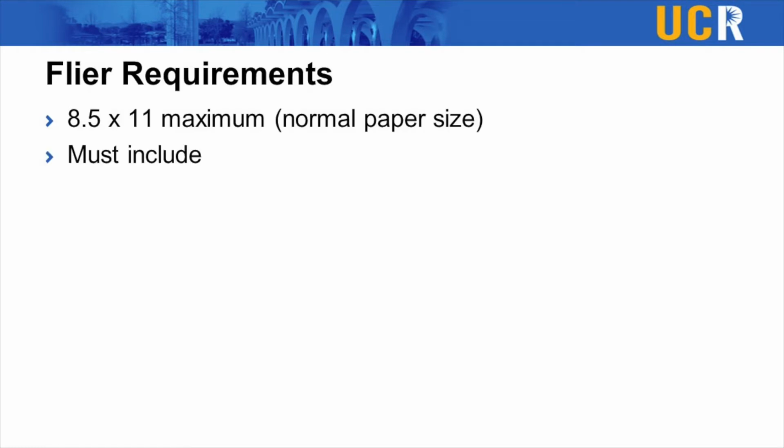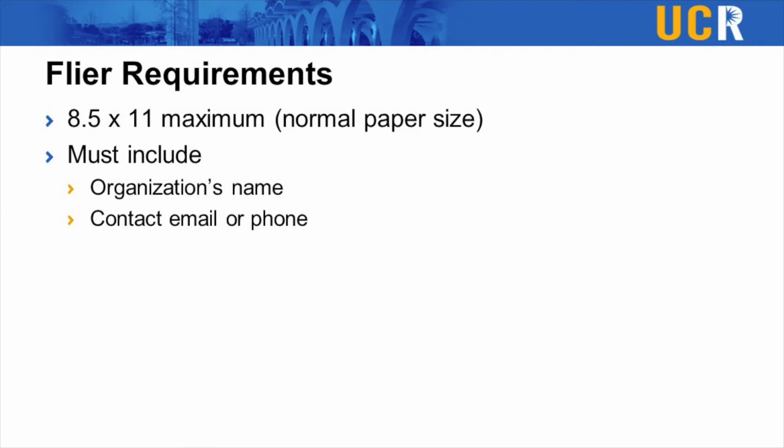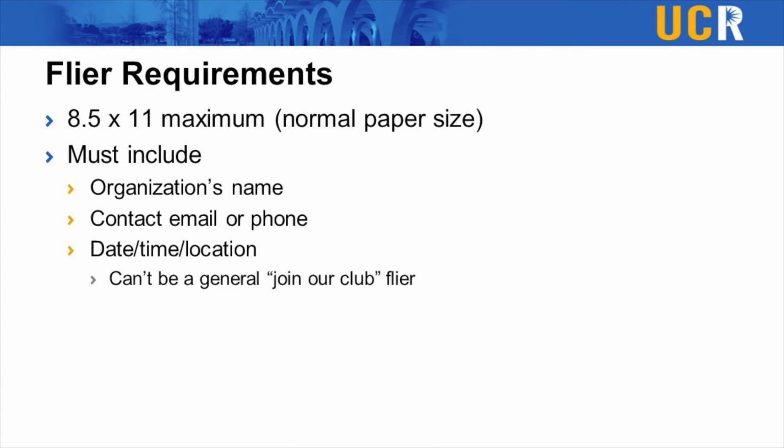When you're creating a flyer, there's a few requirements. They must be 8.5 by 11. They must include the organization's name on it. There must be a UCR email or a phone number listed as contact information, and should include the date, time, and location of your event. This means you can't put up a flyer that just says to join your group, but it must be promoting